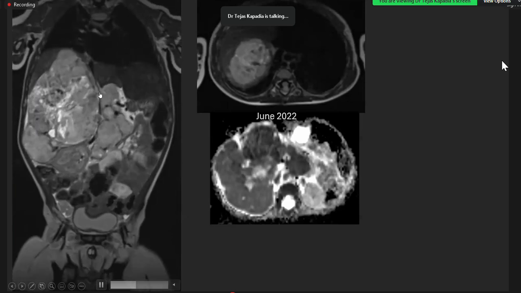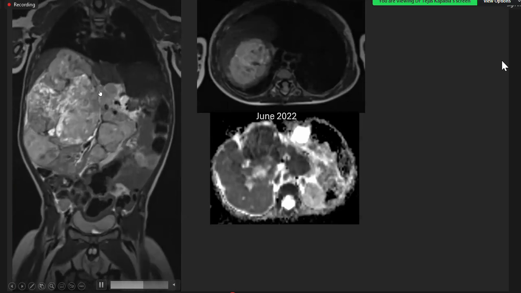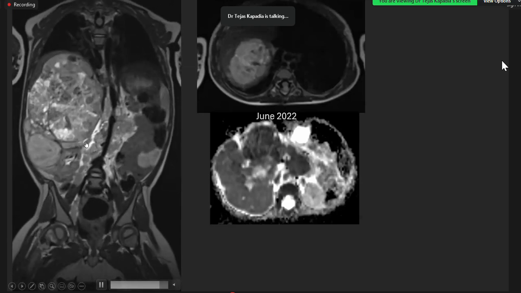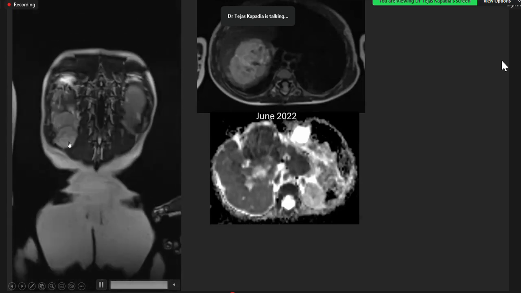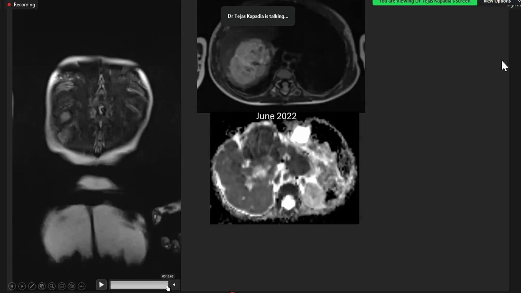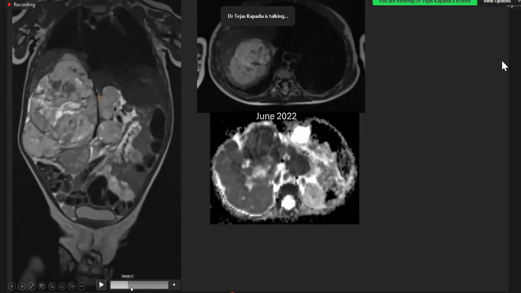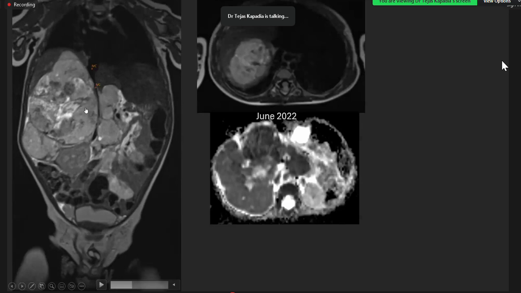The IVC is nearly completely encased, and it is compressed as well. We can see the right renal vein, and we can see the kidney separate from the lesion. So the kidney surface is scalloping, but still it is seen separate from the lesion. Other than that, we are seeing a lot of lymph nodes in the background, and